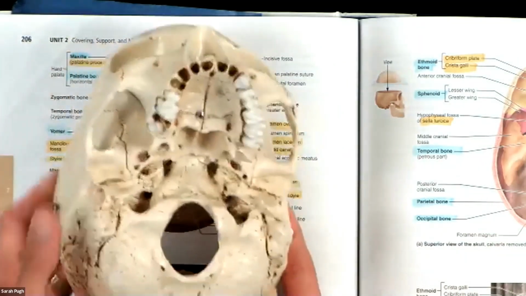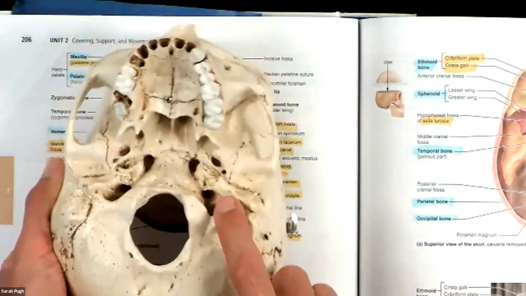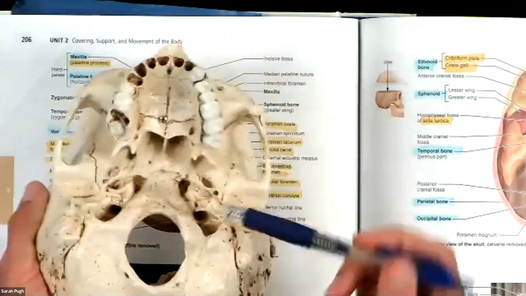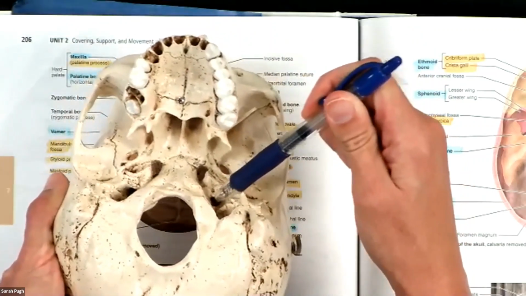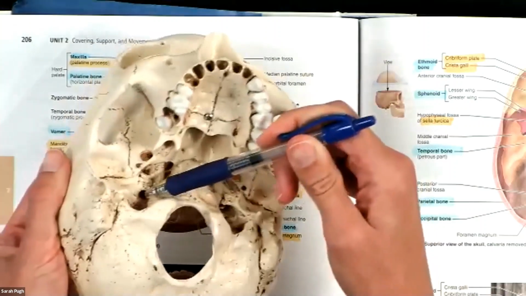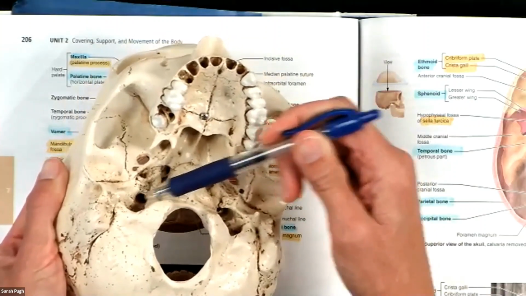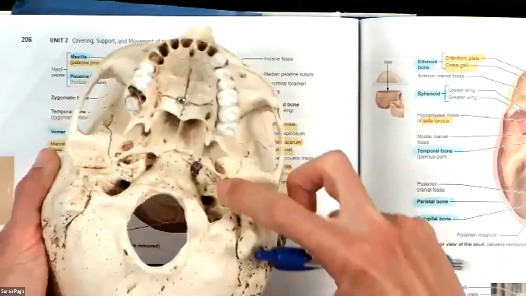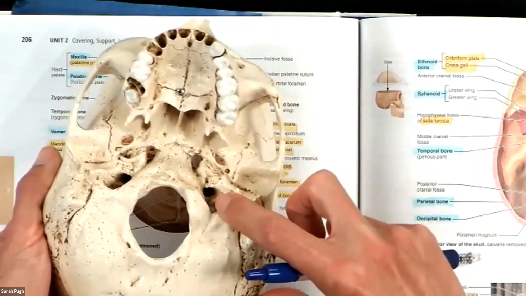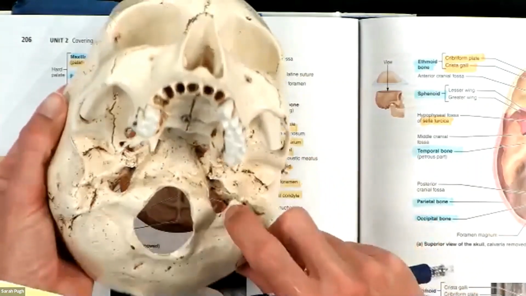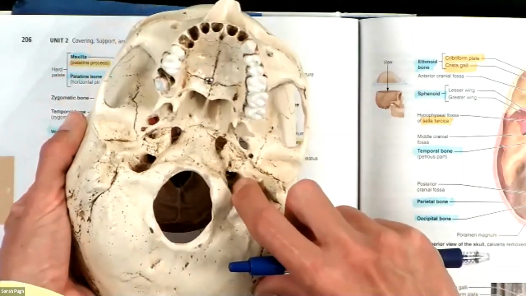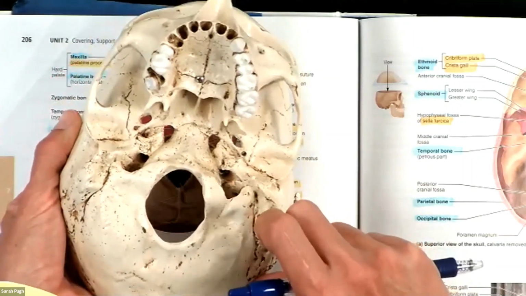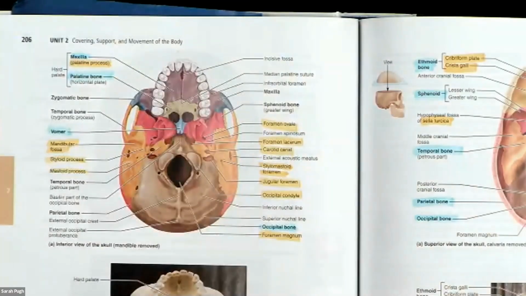So if we look at the skull here, you can see, I'll see if I can, my pen is closed here. It is this one right here, and it is right in front of the jugular. So it's very, very round, right in front of the jugular, right there. Okay, so now if I tip it, here's that jugular back here, and then here you can see that carotid. Okay. So JC,